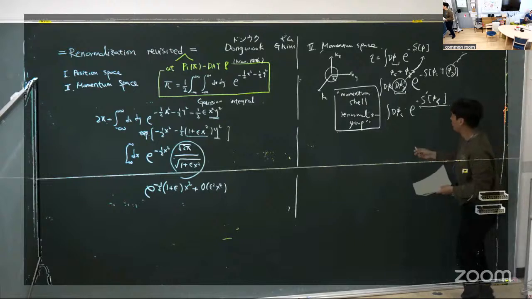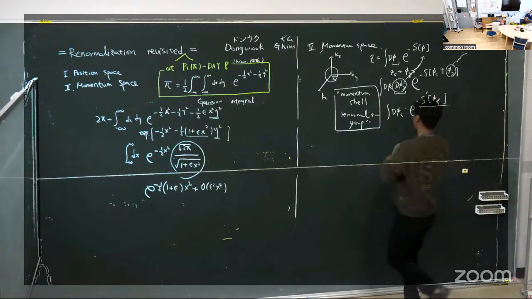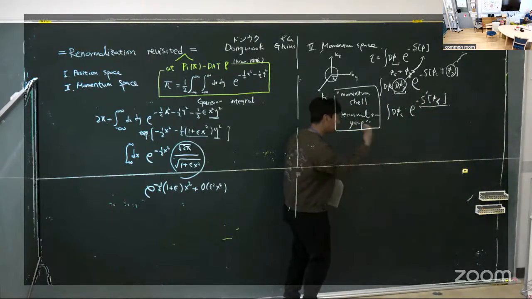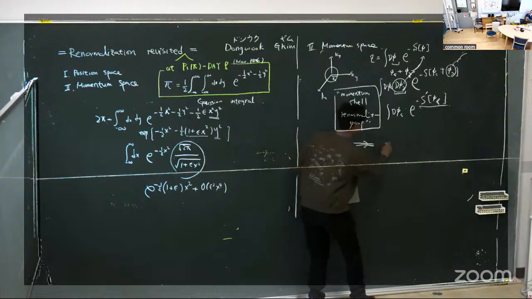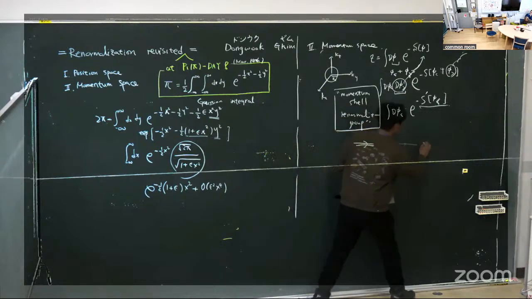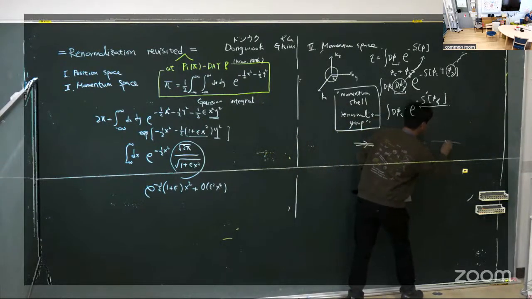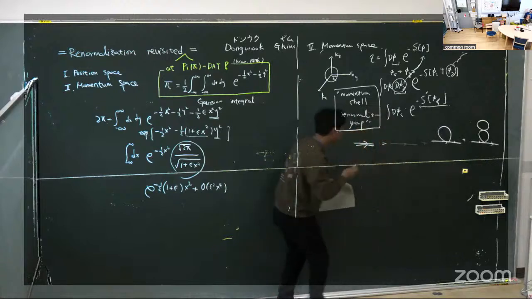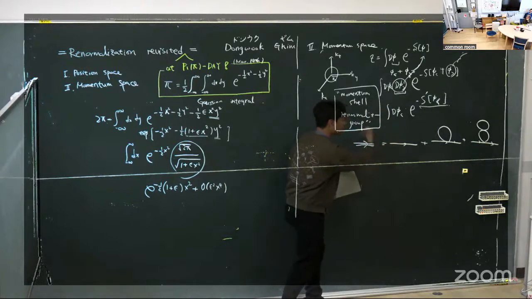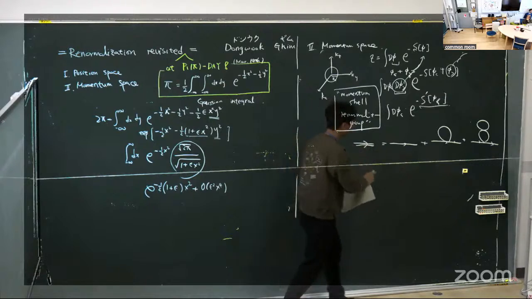So, for instance, this kind of thing can also have a diagram interpretation. The self-energy can be expanded with diagrams like this. Later, I realized that this kind of diagram gives wave function normalization, not mass, not rest mass. But anyway,